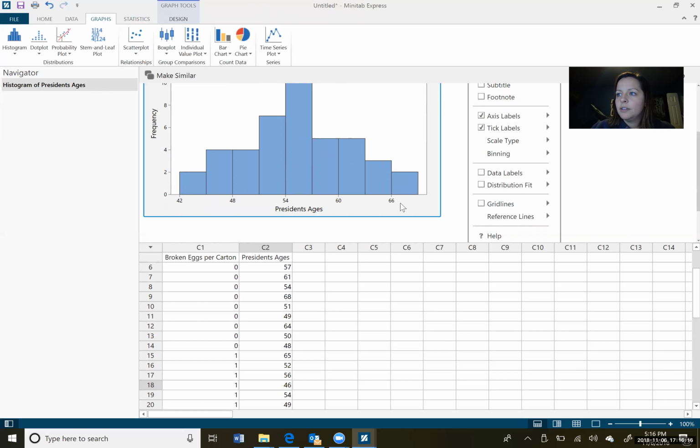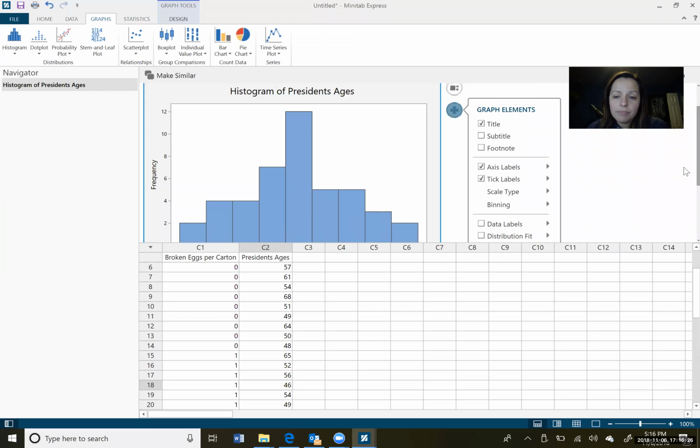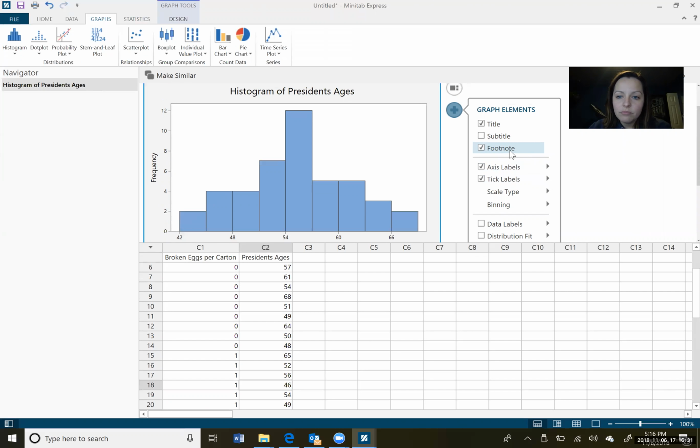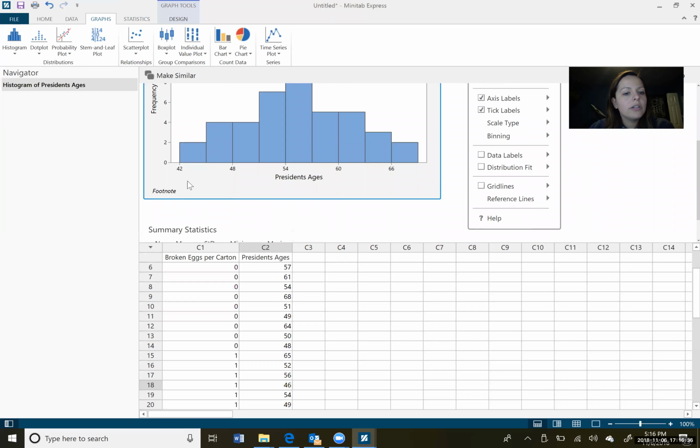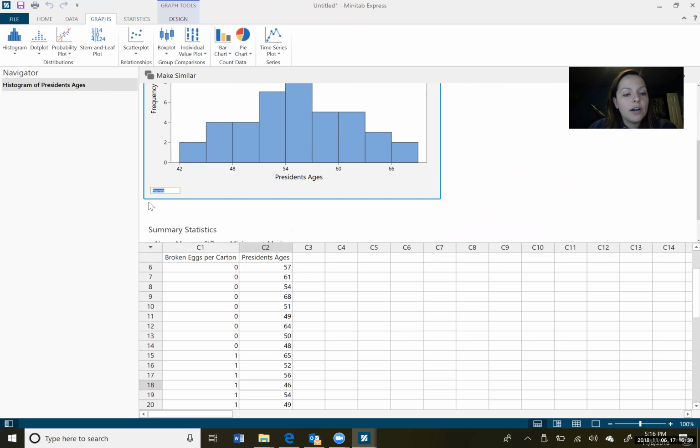Another thing that you can do, which is really helpful, especially when you're working with teams or working with executives, is add data labels or add footnotes or subtitles. The first thing I want to show you is how to add a footnote. So what you'll do is you'll click on the footnote, and you'll see down here in the lower left corner of the graph, we have a field that we now can fill in. I simply clicked on where it said footnote, and it opened up this little field here with the gold or the brownish outline. So here we can put in a note such as